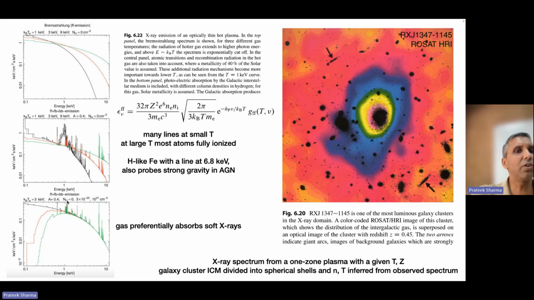So the hydrogen column density of 0, this should not be minus 20. This should be 3 times 10 to the plus 20 and 10 to the 21 per centimeter square. So what you see is that the soft X-rays, the lowest energy X-rays, are easier to absorb. So you see all this 0.1 keV emission is absorbed by foreground